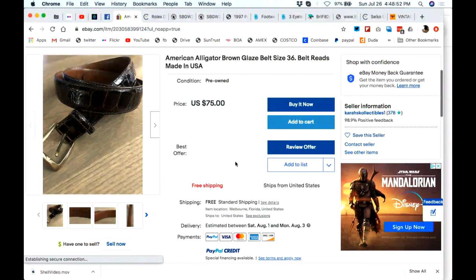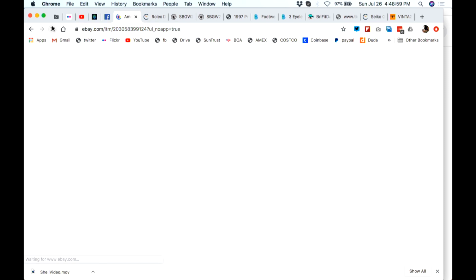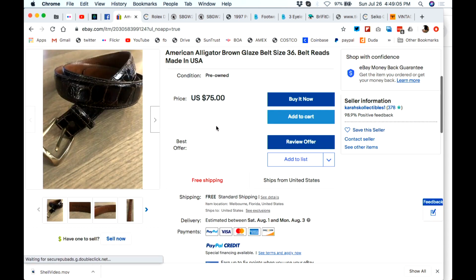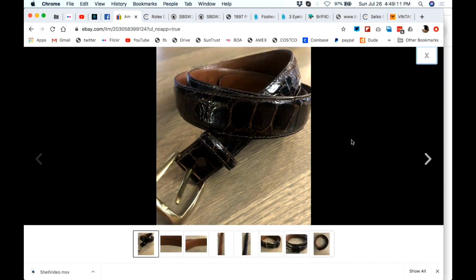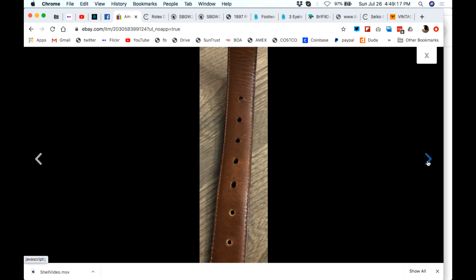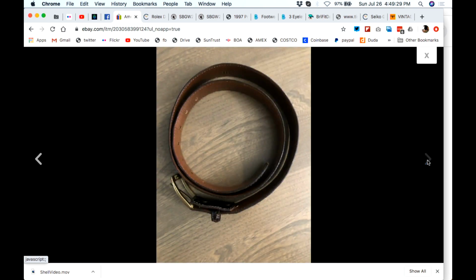I was actually willing to make an offer on this belt. But oh shoot, what the heck happened there? Okay, here we go. I was going to make an offer on this belt, but I wanted to confirm before I made the offer that it didn't have any seams. And here's the belt in question. Clearly alligator. Clearly a decent quality belt. It is a brass buckle, made in Italy, the buckle itself. The belt is made in the USA. But those seams